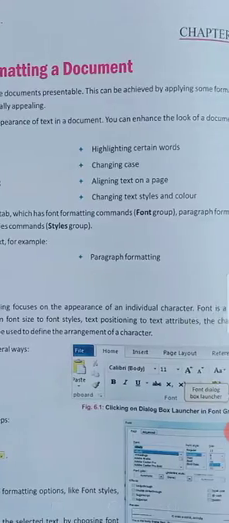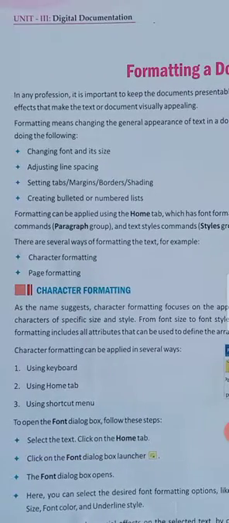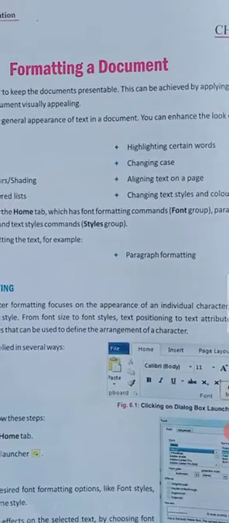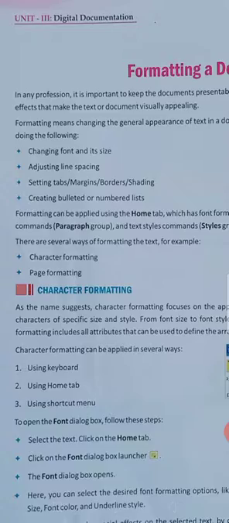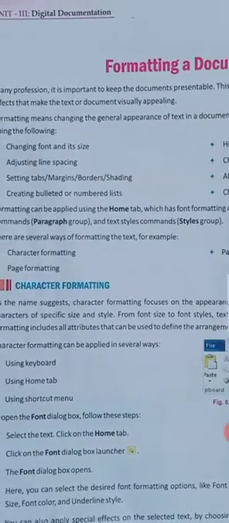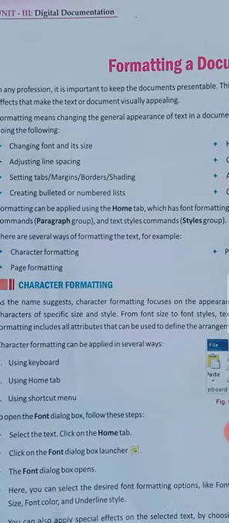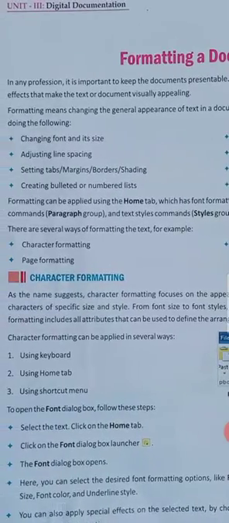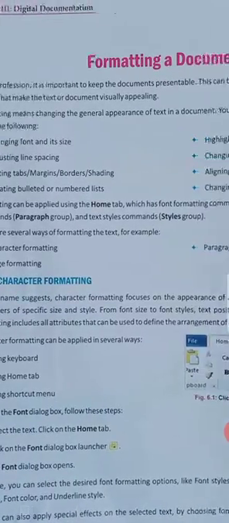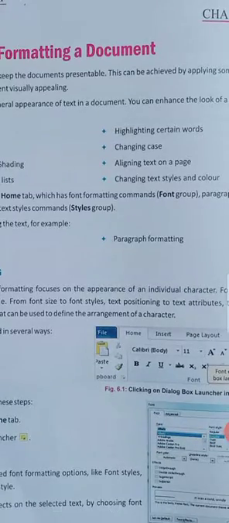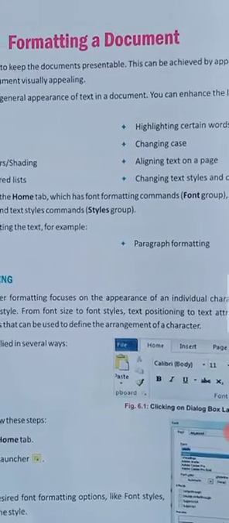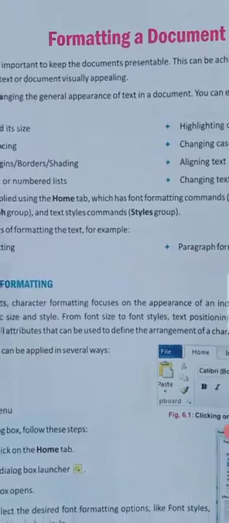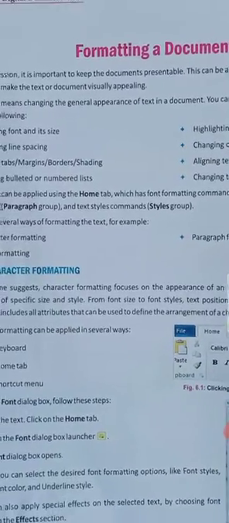We can enhance the look of a document by the following formatting: changing font and its size, highlighting certain words, adjusting line spacing, changing case, setting tabs, margins, border, shading, aligning text on a page, creating bulleted or numbered lists, changing text style and colors. After this, we can adjust our page as required.